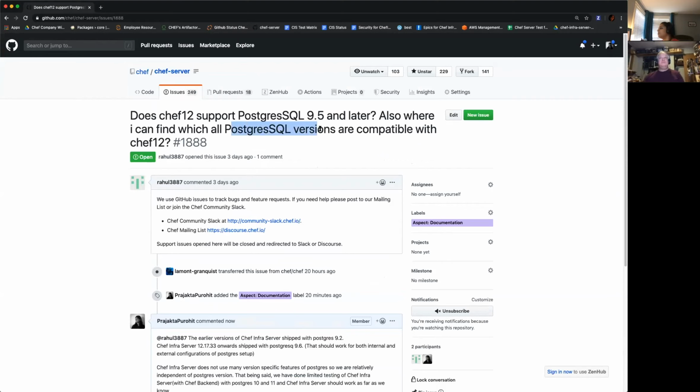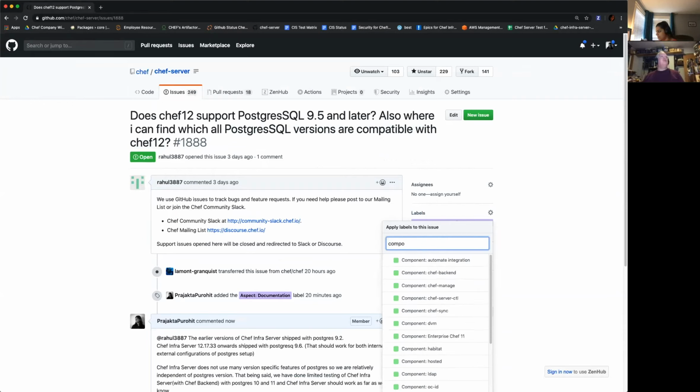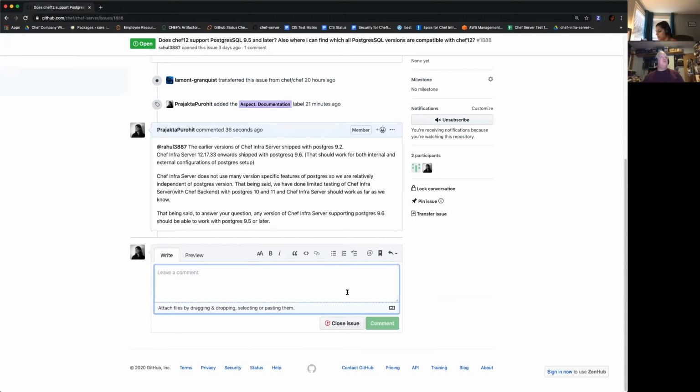Where can I find which PostgreSQL versions are compatible with Chef 12? I don't know that we have a matrix like that, which is why I've put the aspect documentation. We should maybe put a note to ourselves. This is BYODB really the case, BYODB and external cloud DBs. I think the actionable thing out of this is to make sure that the docs for bring your own database and cloud databases list which Postgres versions we know we support. Yeah. That would be